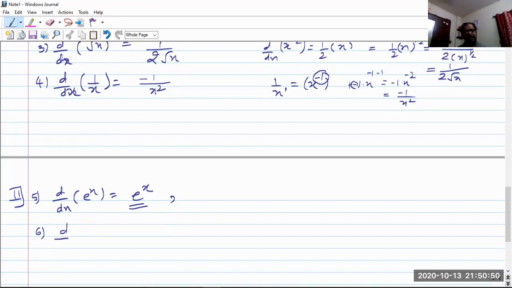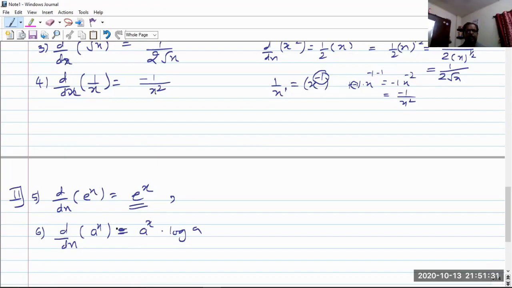Then we have the second exponential function, which is in the form of a raised to x, where a is any constant, mostly positive. So a raised to x, where a is a constant, a positive integer, we can say. In that case, if it is a raised to x, what will be its derivative? Its derivative will be a raised to x into log of a, right? a raised to x into log a. So this is the formula to find the derivative of an exponential function with base other than e,